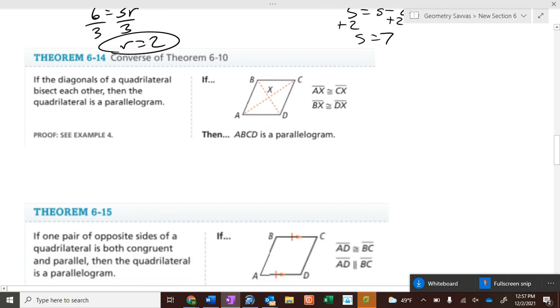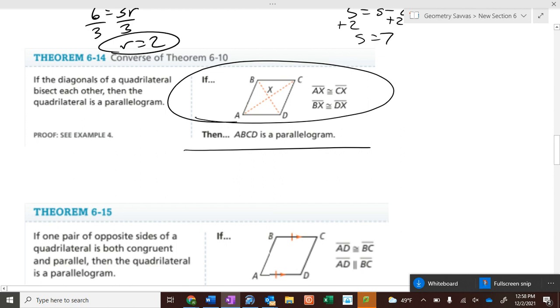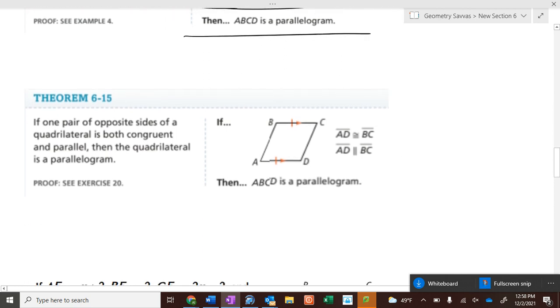All right. The converse of theorem 6.11: if the diagonals are bisecting each other, then we have a parallelogram. The only new thing we have today is this. If one pair of opposite sides are both parallel and congruent, then